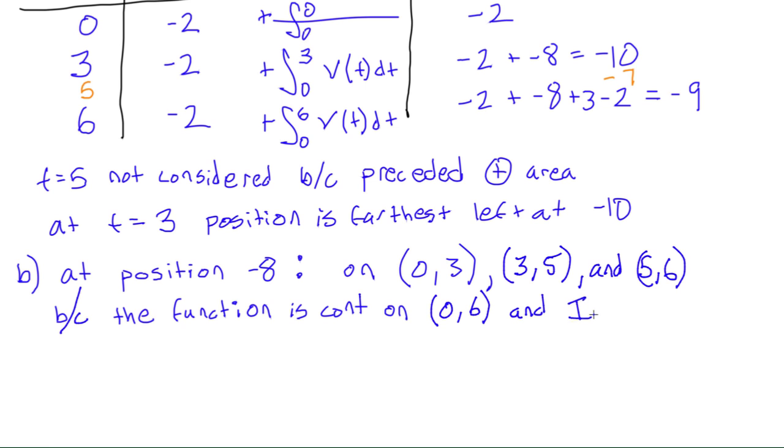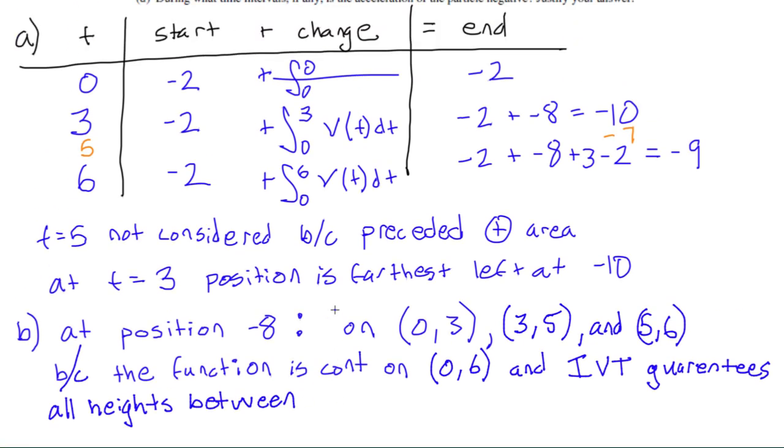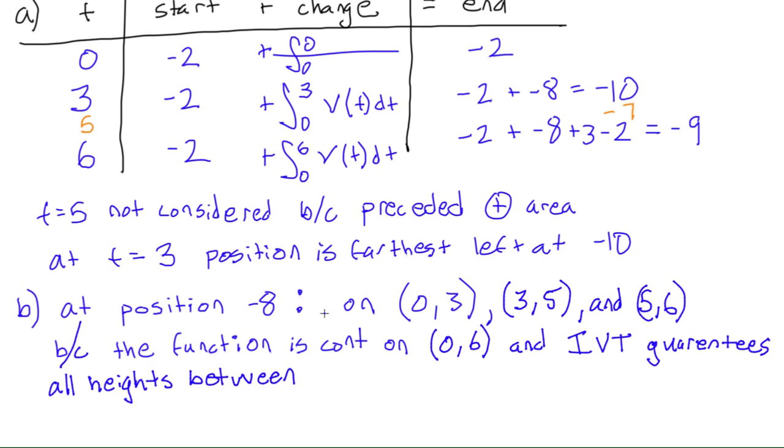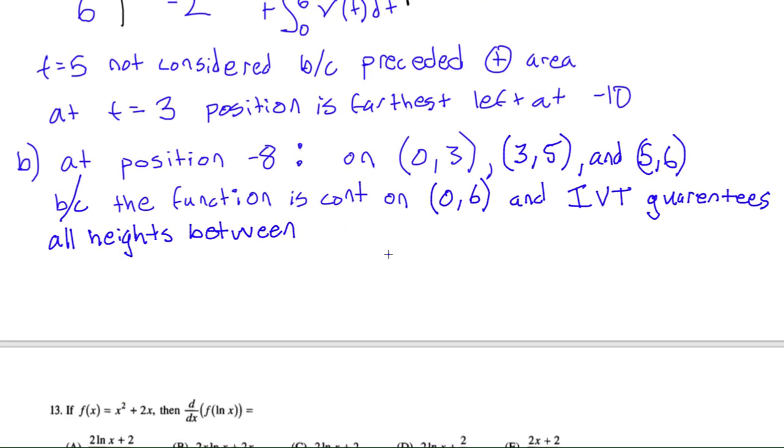And IVT guarantees, or you can say means, if you don't like big words, all heights between negative 2 and 10, between negative 2 and 10